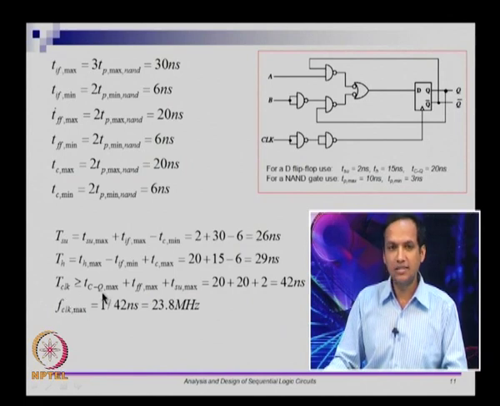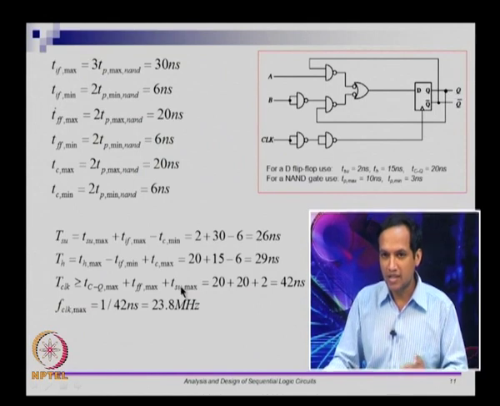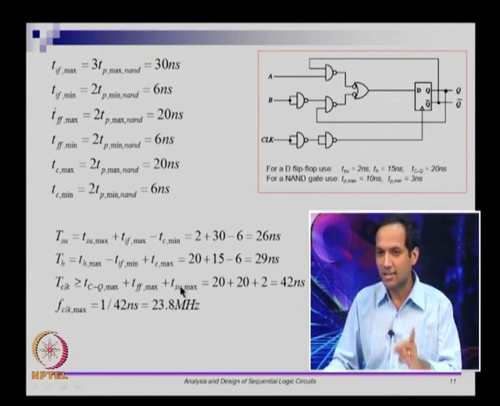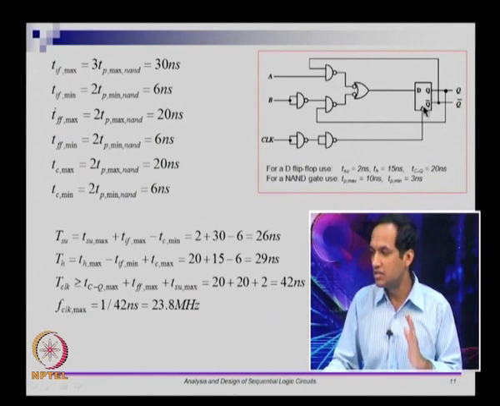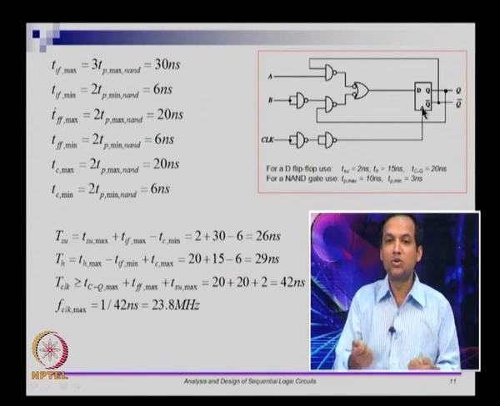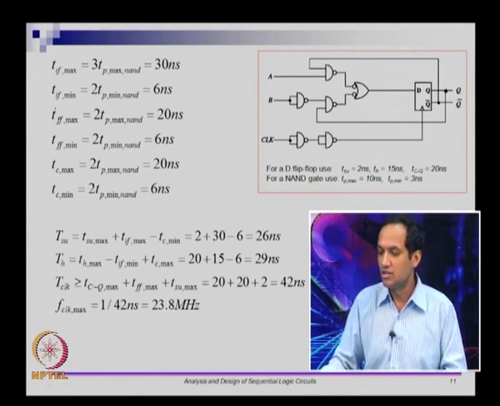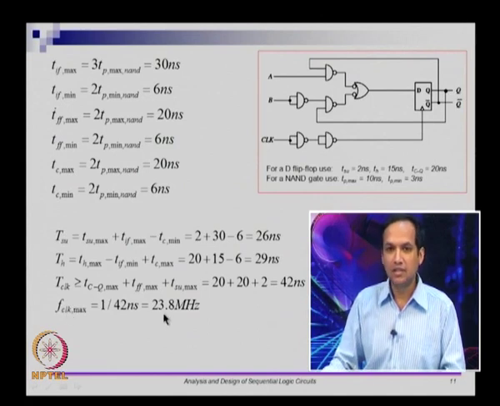TCLK is TCQ max plus TFF max plus TSU max plus, actually there is a TSkew max, but we are looking at the clock pulse, the launching edge is on flip flop Q, the landing edge is also flip flop Q, there is no skew there, so the skew is 0. You add all of that up, that is 42 nanoseconds. So what this essentially says is your clock frequency cannot be more than 23.8 megahertz,